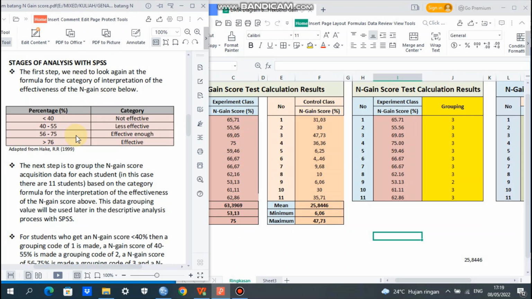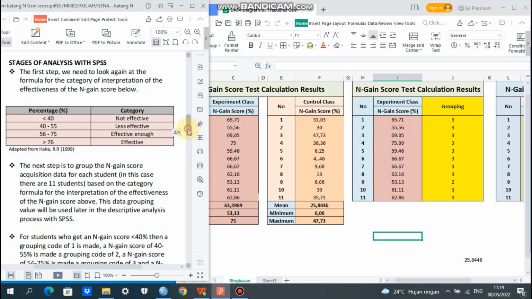If it is between 40% and 55%, it is less effective. If it is between 56 and 75%, it is effective enough. And if it is more than 76%, it is effective.